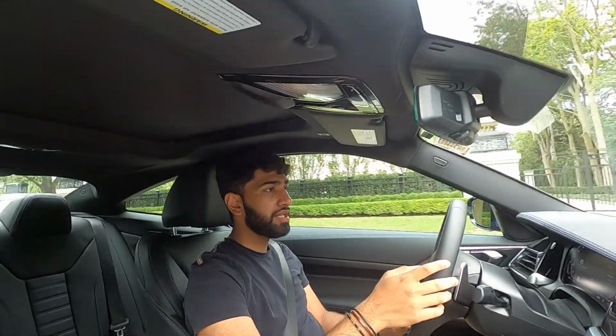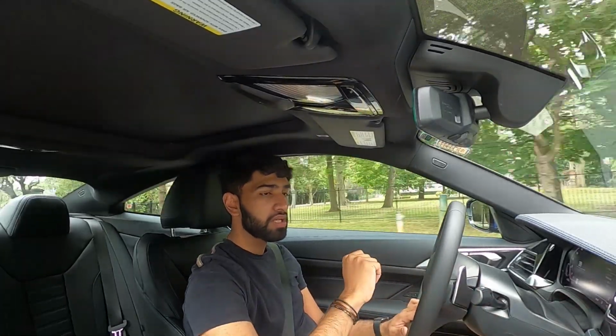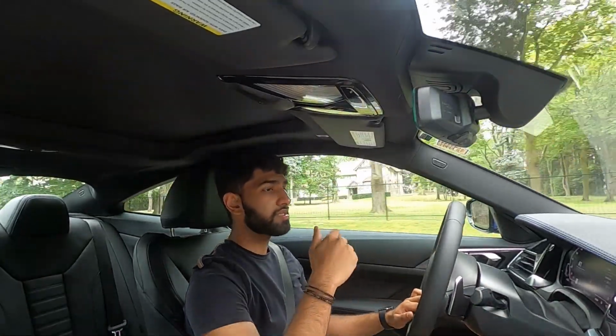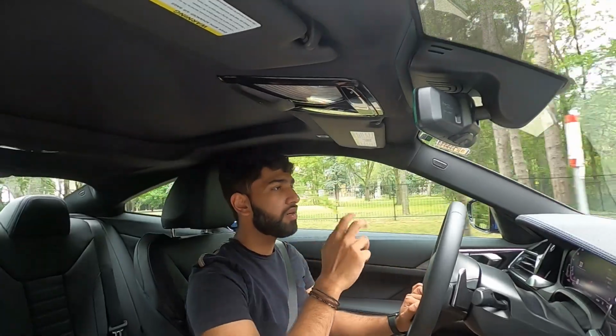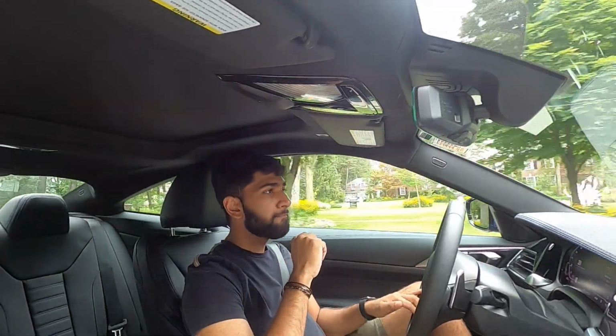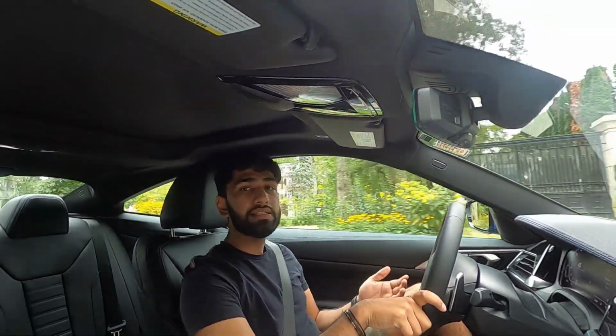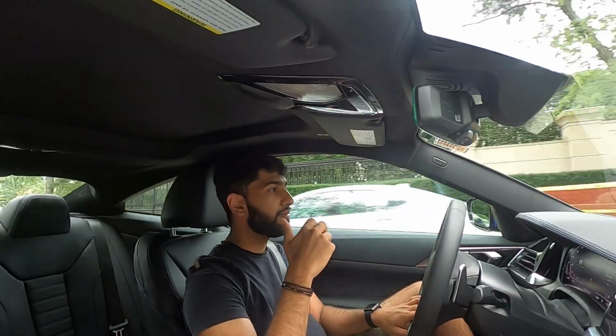And in terms of the infotainment screen here, it's just as nice. It's very responsive, easy to use. You've got your Apple CarPlay. You can easily customize it as well. Not as much as obviously some of the other cars from other manufacturers. But I think it's oriented to be simple and easy to use, and I think BMW really was successful with